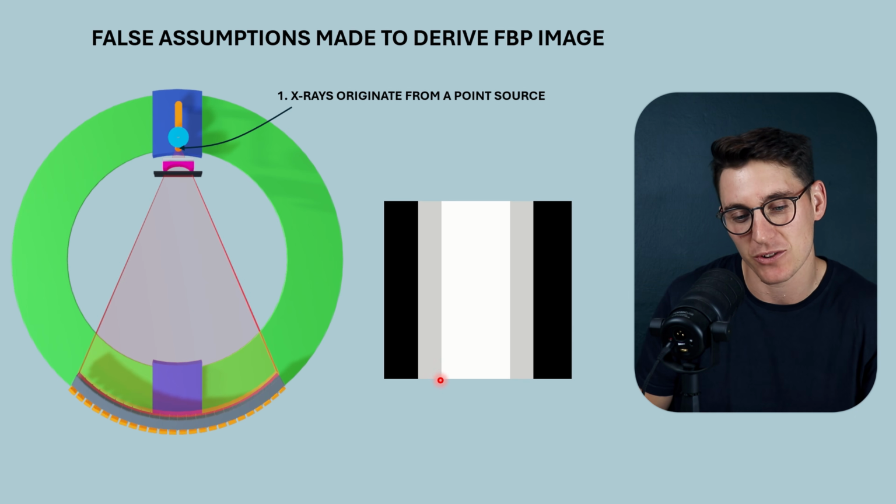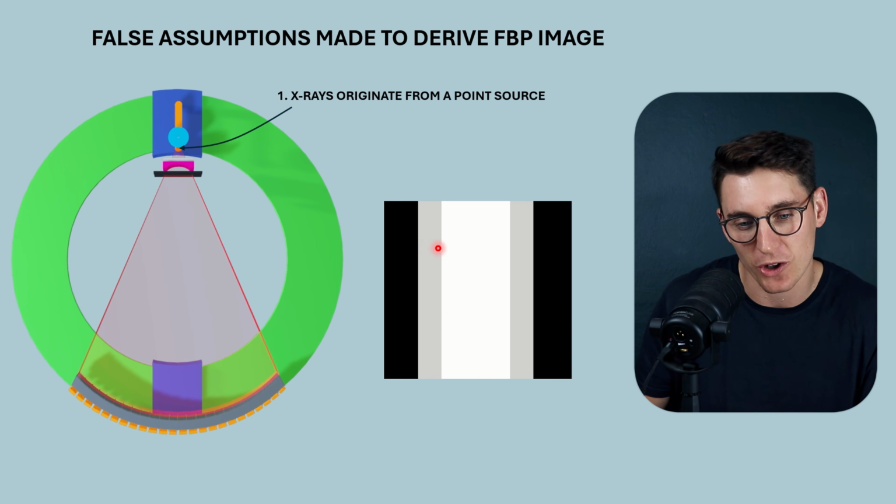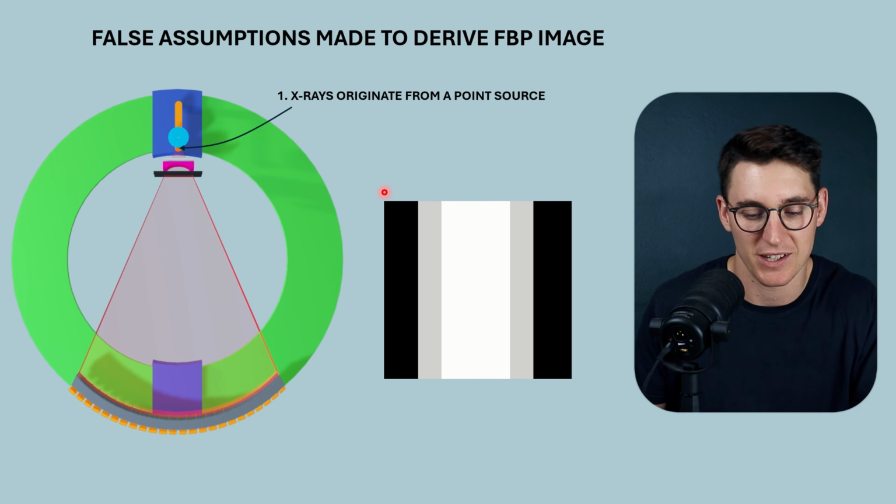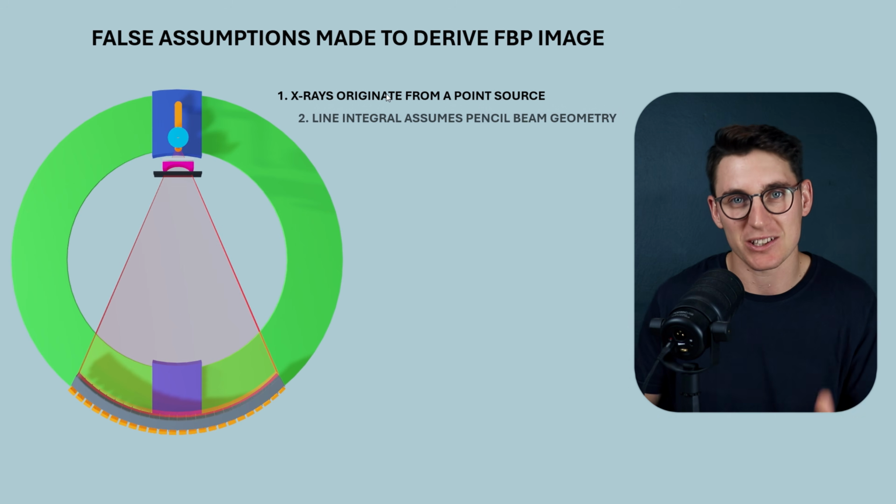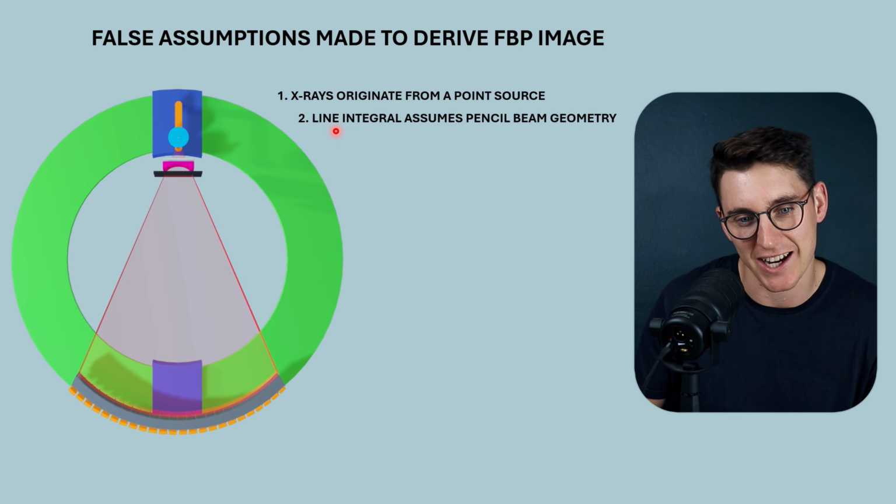We're not accounting for the penumbra or the geometric blurring that's caused in the image. And you'll see in iterative reconstruction, we are going to account for this geometry here. The second assumption that we make when we create a filtered back projection image is that the line integral, that's